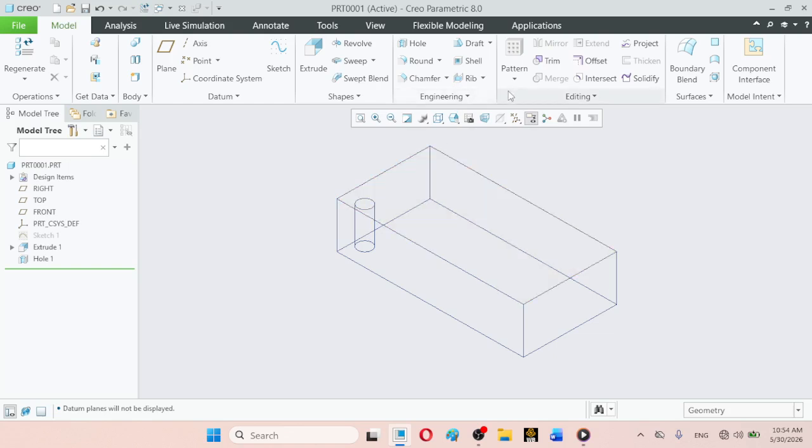Now, as we observe, the pattern command is still unavailable. This command will be available when the feature to be patterned out is pre-selected. Means first the feature or object that has to be patterned out must be selected. So let us select it first. From here we can select it, just like this hole here. It has been selected. Now pattern has been